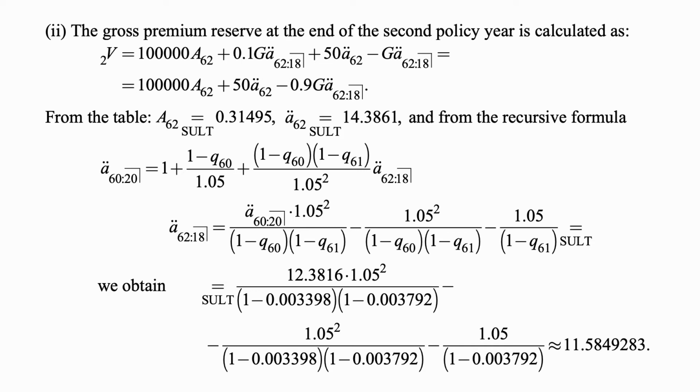So we basically solve this as an equation for A double dot 62 colon angle 18, so that A double dot 62 colon angle 18 is equal to A double dot 60 colon angle 20 times 1.05 squared over (1 minus Q60) times (1 minus Q61) minus 1.05 squared over (1 minus Q60) times (1 minus Q61) minus 1.05 over (1 minus Q61), and we plug in the values from the table